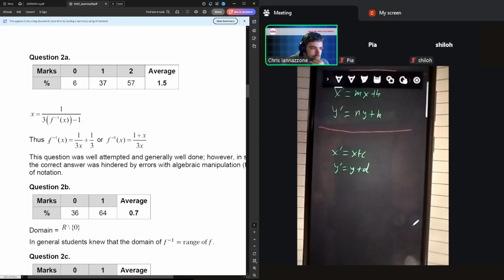Depending on which of these forms of the inverse you use, it may be a bit easier or a bit harder to figure out how to go from one to the other. I'd probably stick with the first one, the 1 on 3x plus a third,